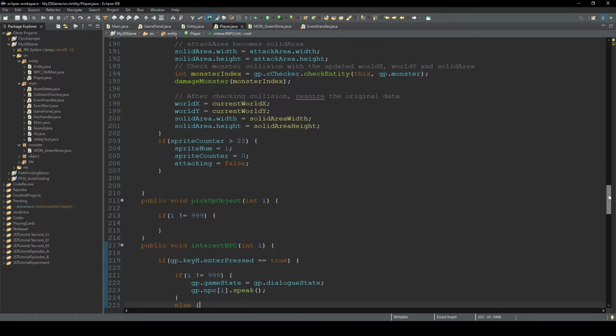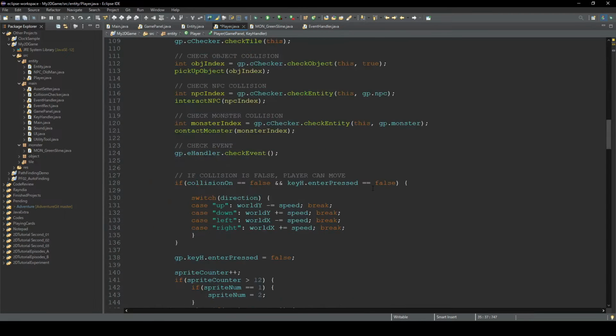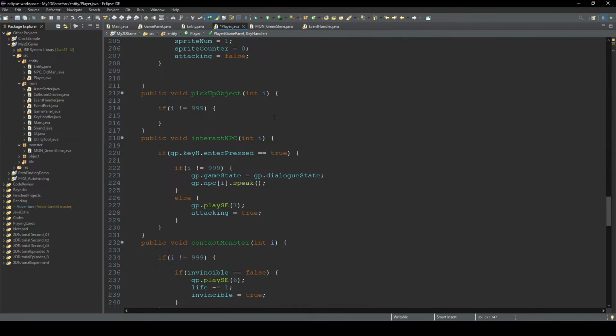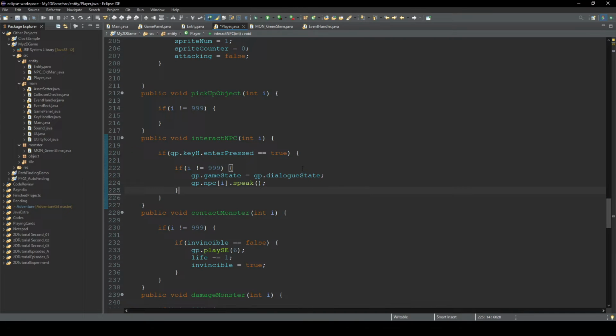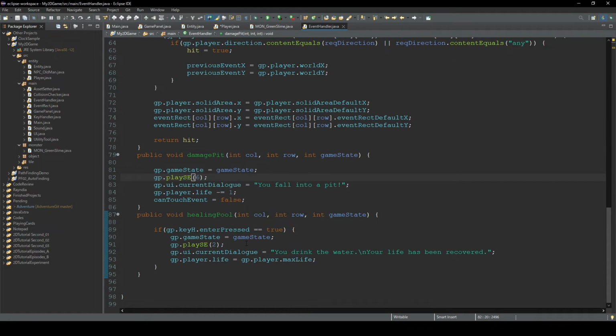So first, in this player class, we create a boolean, public boolean attack cancelled. Default is false. Then go to this interact NPC and we're gonna delete this else statement. And instead we're gonna change this boolean attack cancelled to true, and also go to this event class and this